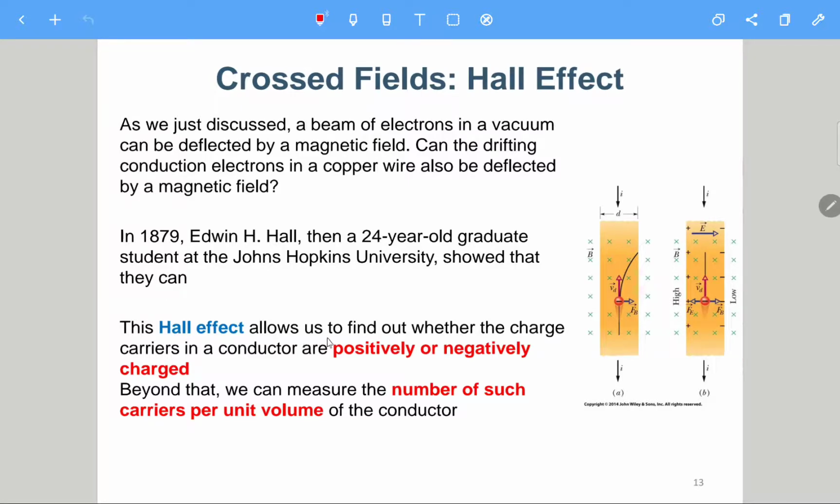So this Hall effect allows us to find whether the charge carriers in the conductor are positively or negatively charged. Beyond that, we can measure the number of such carriers per unit volume of the conductor. Actually, this experiment found that there should be negative charge,